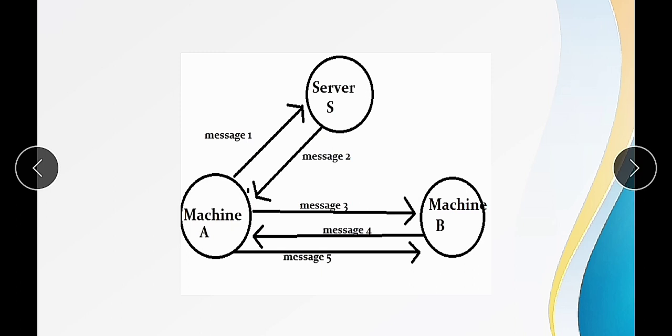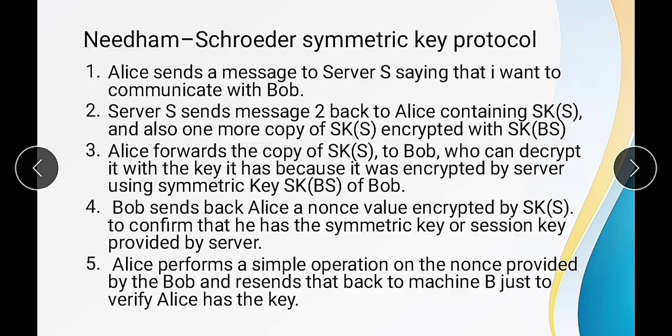requesting Bob. Now after this, Bob will send a message to A, saying that he wants to communicate, but before that he wants to check whether Alice is communicating or someone else is communicating instead of Alice. So for that he wants to confirm it. And after that Alice will make a confirmation message and the communication will be established. So this is the phenomenon of the Needham Schroeder technique. Now let us start with the Needham Schroeder symmetric key protocol.